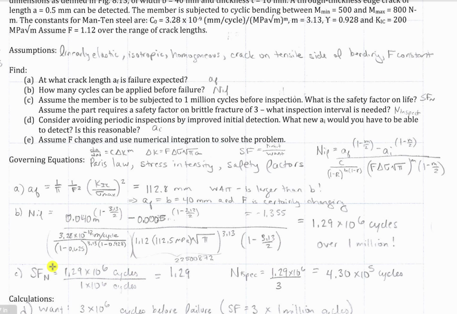So you can think of this as the limit, 1.3 million cycles. And for the inspection, we want to have 1 million cycles. So our safety factor is 1.3. That's not great. So the second part of the question is saying we want a safety factor on this fracture of 3. What is the inspection interval that we would need? Therefore, if we need a safety factor of 3 and it'll last 1.3 million cycles, we divide that by the 3 and we get that we need to inspect every 4.3 times 10 to the 5th